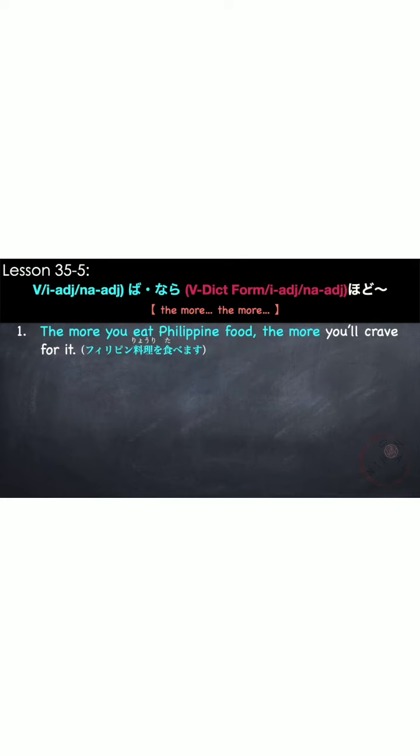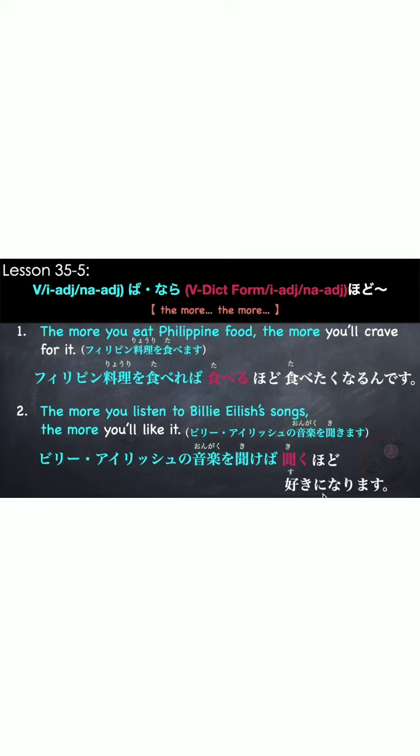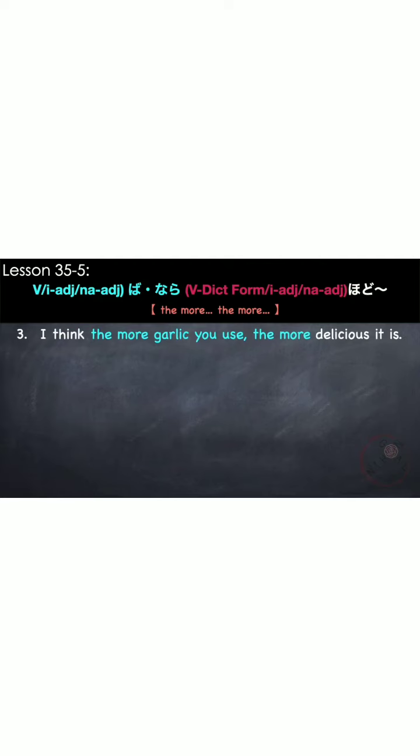So the condition is, フィリピン料理を食べます。フィリピン料理を食べれば, so here we change it to ba form, then using the same verb 食べます but in dictionary form, 食べる followed by ほど。フィリピン料理を食べれば食べるほど. So the more you eat Philippine food, the more 食べたくなるんです。You crave for it, or the more you want to eat it. Another example, the more you listen to Billie Eilish songs, the more you'll like it. ビリー・アイリッシュの音楽を聴きます。ビリー・アイリッシュの音楽を聴けば聴くほど、you'll like it. 好きになります。ビリー・アイリッシュの音楽を聴けば聴くほど好きになります。